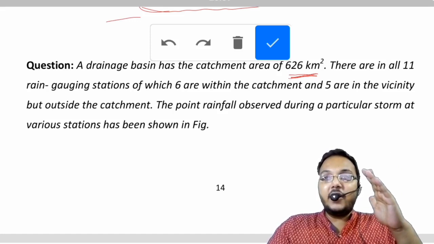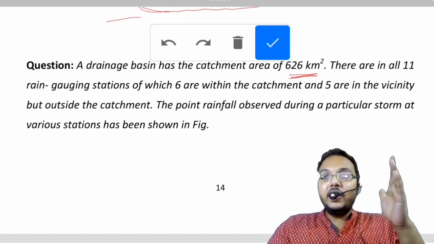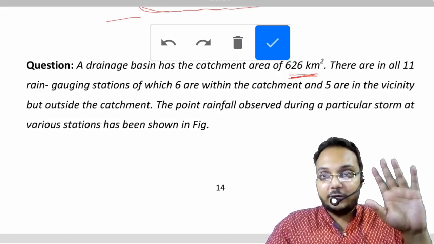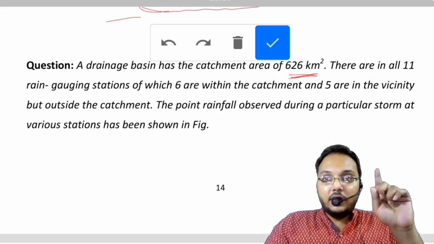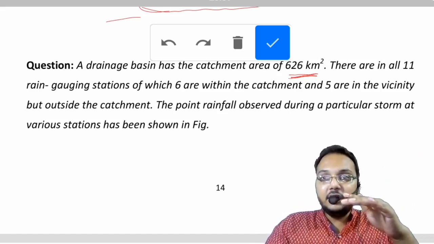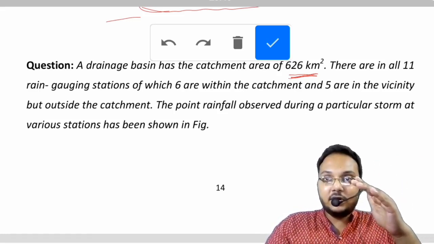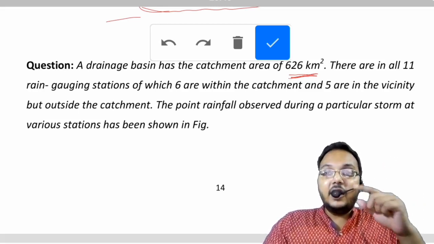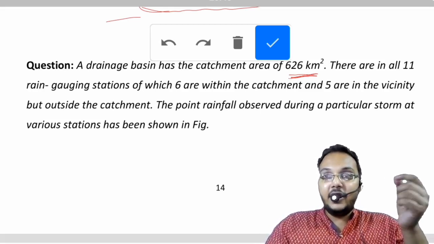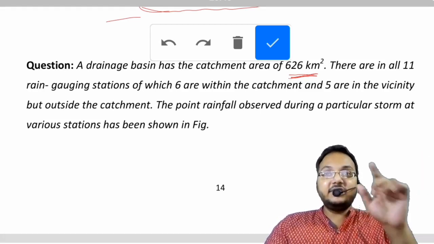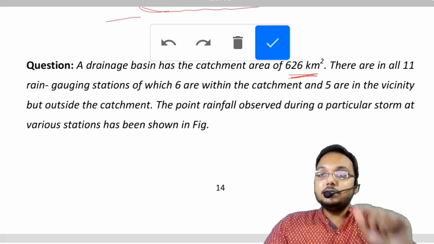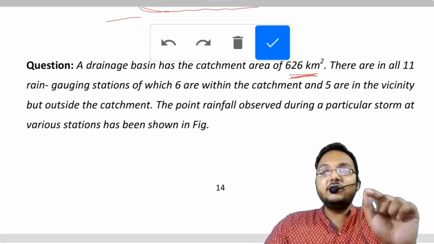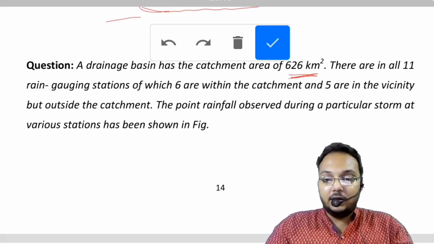It is between 500 and 5000. Till 500 we knew that arithmetic mean method was the best possible method. That is enough for us to give the correct value. For the catchments which have area greater than 5000, we used the isohyetal method. That is the perfect method. And those which have areas between 500 and 5000, we say that the Thiessen polygon method is the perfect method. So for this question the perfect method is going to be the Thiessen polygon method only.